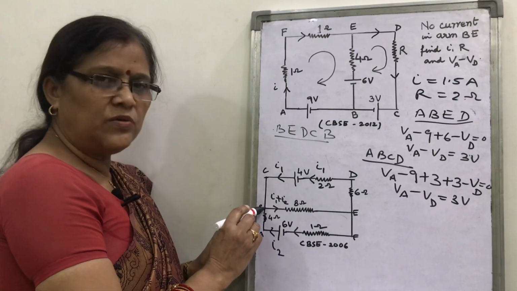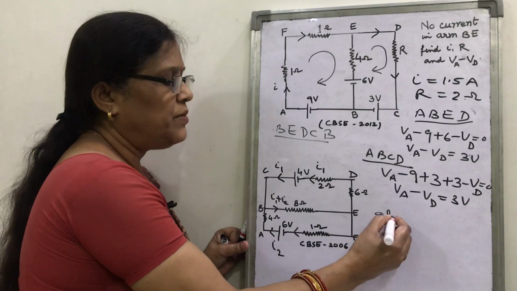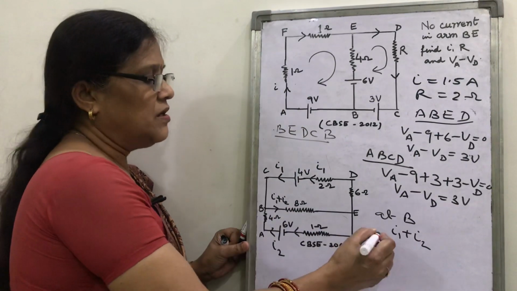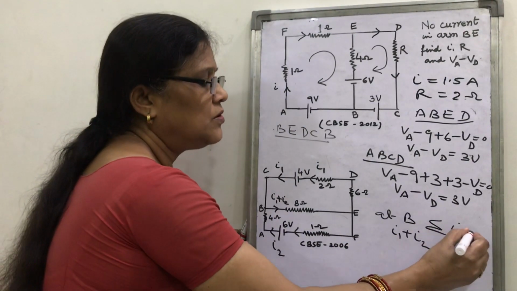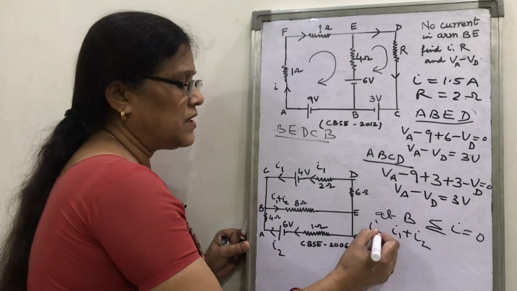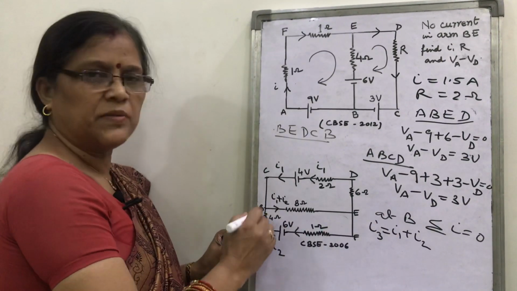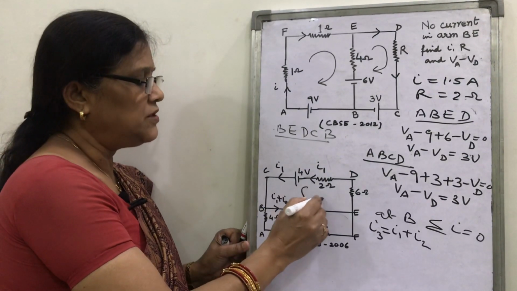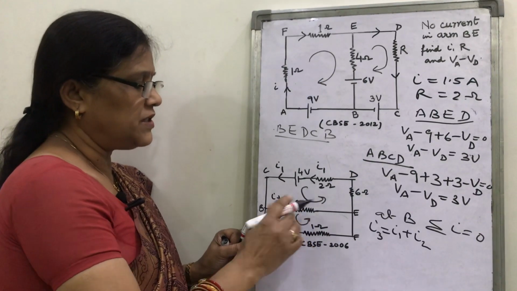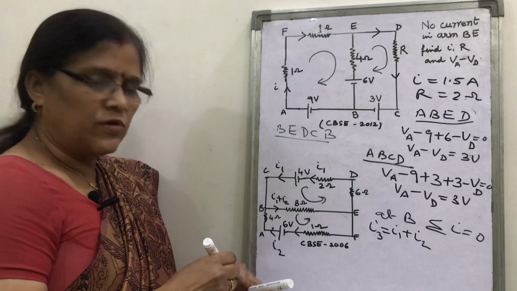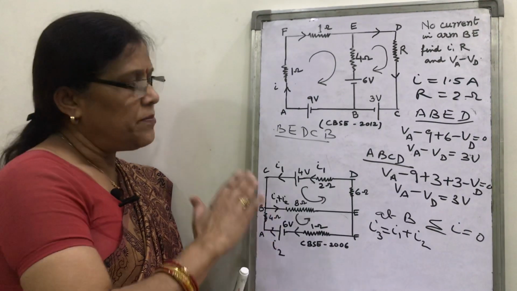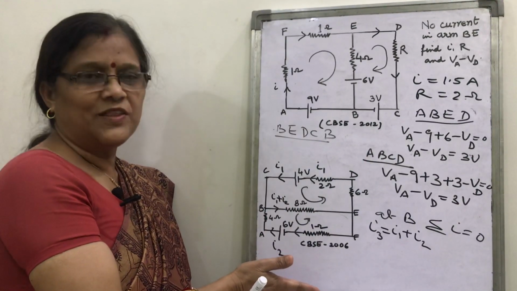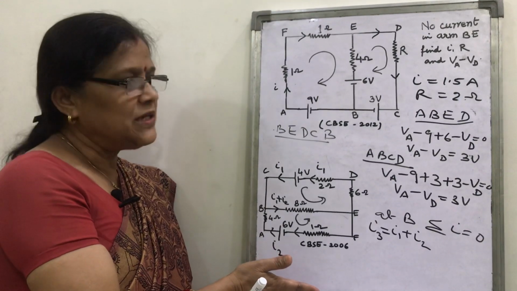So applying the junction rule at B, you will get that at point B you will get I1 plus I2, and sigma I equal to 0 gives you that this current is suppose I3, then I3 is I1 plus I2. Now find the equations using the loop rule and solve. Suppose this is the first loop, this is the second loop, or you can take the direction anti-clockwise or clockwise, it depends on you, but take the proper sign. I hope that you can solve this question also. Thank you. I think you must have understood the concept of an application of Kirchhoff's rules.